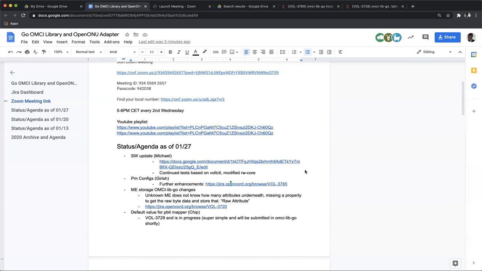Effectively, what we're going to do is a POC with the existing code, and then, based on the learnings out of this code, we can start taking a look at what could be the next iteration of the protos and things like that.